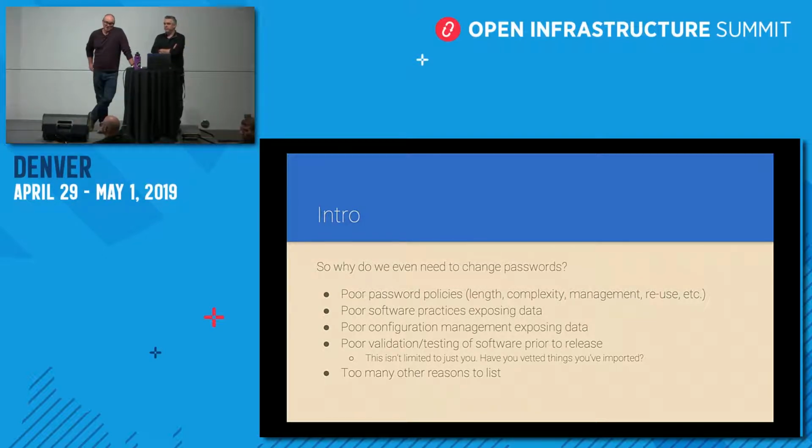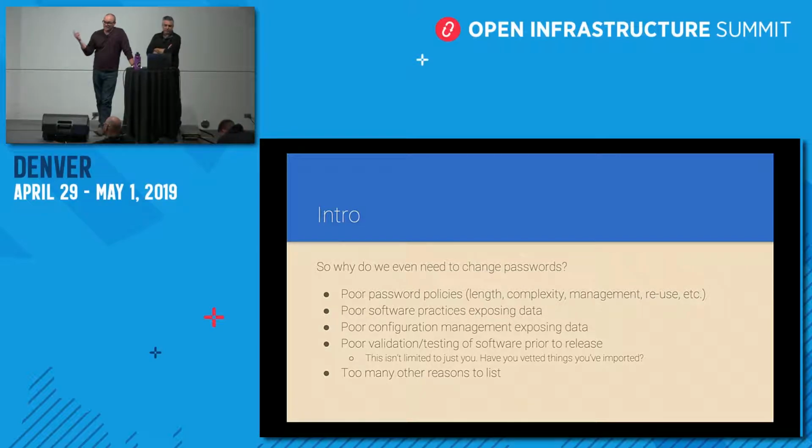Just software practices in general exposes your data, and now all of a sudden, your hash is part of somebody's rainbow table, and anytime that password gets used anywhere, you're done. Configuration management as well. If there's not a bug in your software, but you don't fix the permissions on a directory or something like that, you leave it wide open, passwords are gonna get taken. Or just poor validation of your software prior to release. Like if you think, oh yeah, I wrote bug-free code, right? I can't even write bug-free hello world. So I surely can't write bug-free anything else.